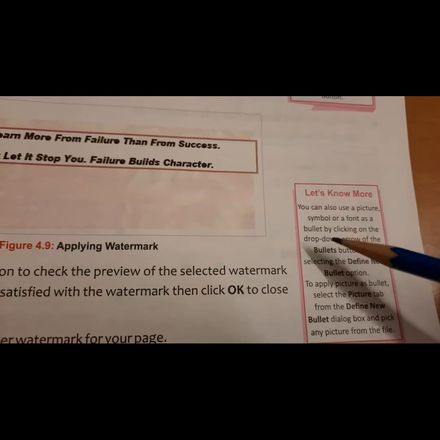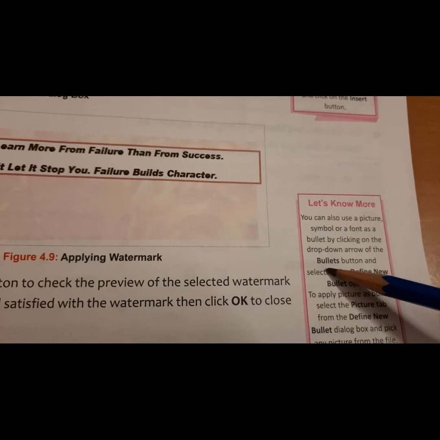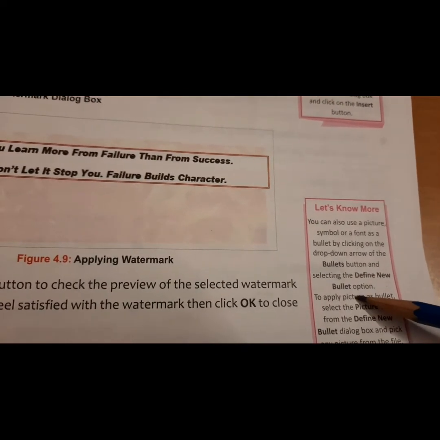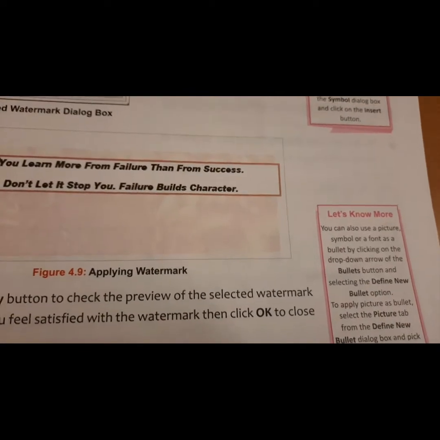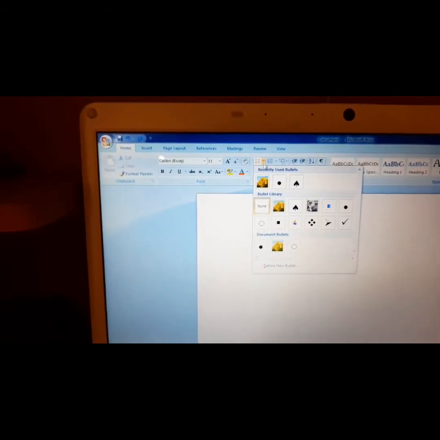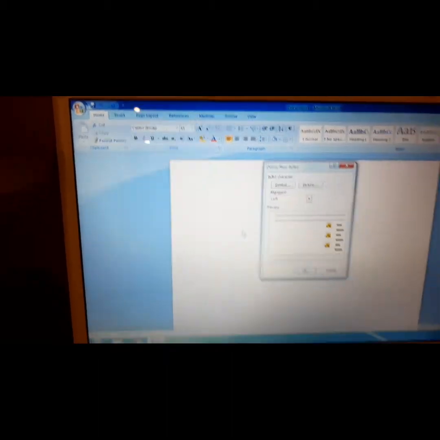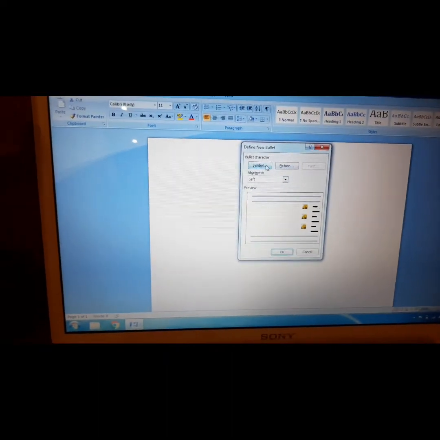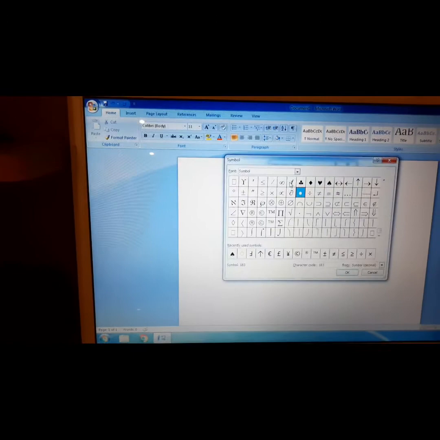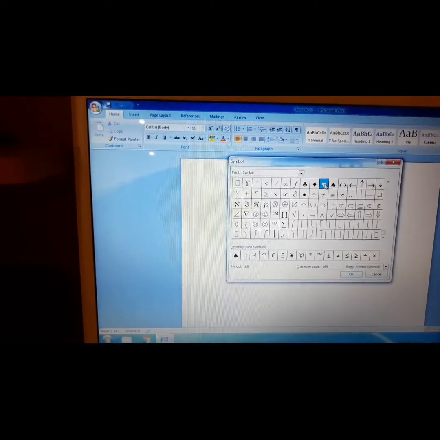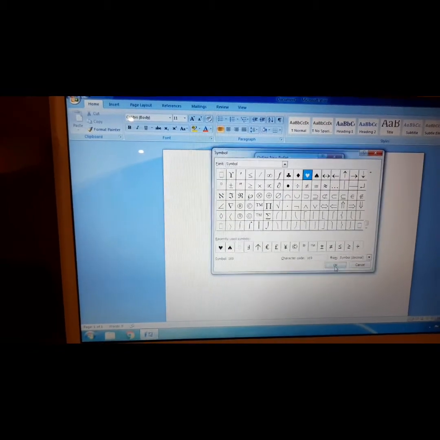Next option we have is for bullets. If we want to apply a picture or any symbol as a bullet, how can we do that? Here in the Home tab, there is an option of Bullets. You will go to Define New Bullet. After that, if you want a symbol to be set as your bullet, suppose I choose this heart shape.